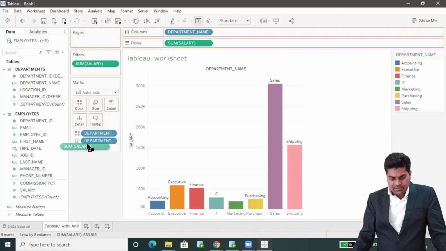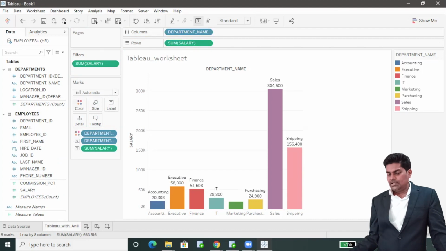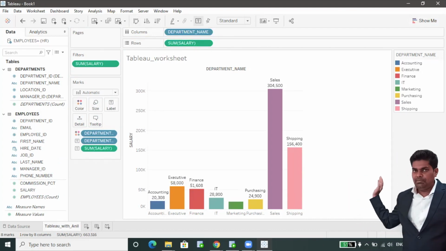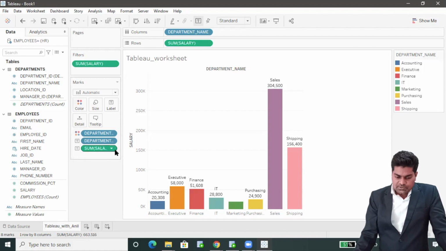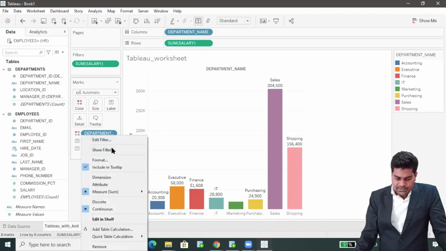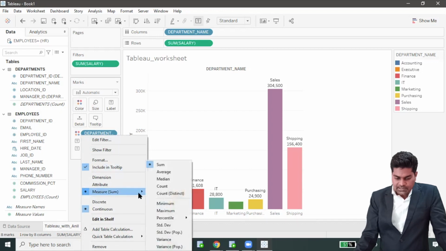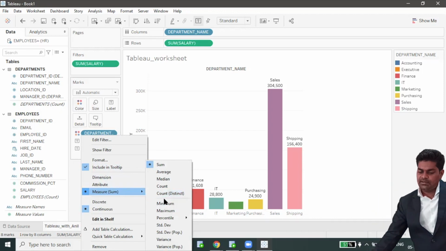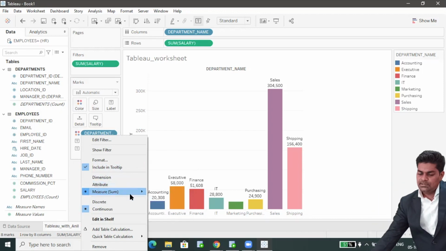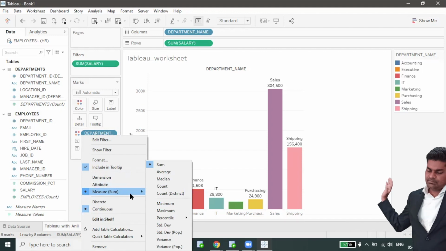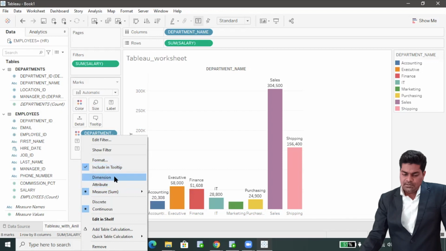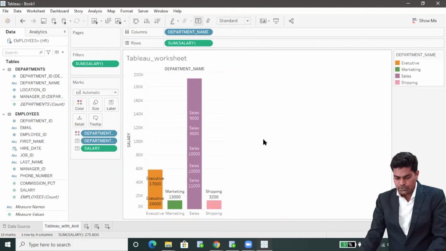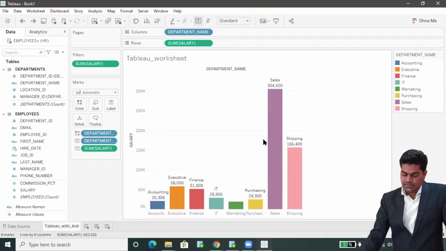Okay, now salary. So drag and drop salary also in label, and you will see the salary, and these numbers we can show in millions, billions, thousands, whatever. So let me show in thousands. So I'll bring it here and click on measure, and here we have again multiple things like minimum, maximum, percentage, standard deviation, variance, whatever. Okay, now let me go to format. So control Z. Okay, so undo, redo, here we can do.